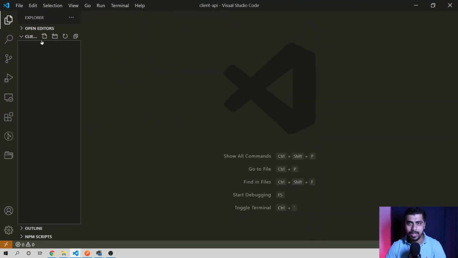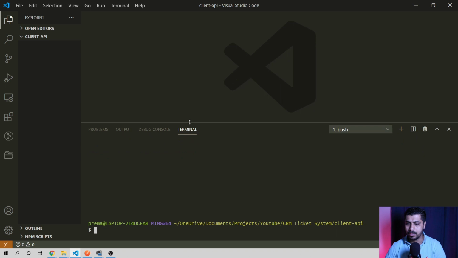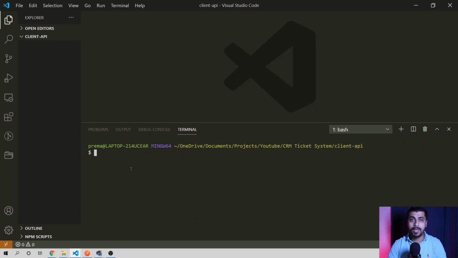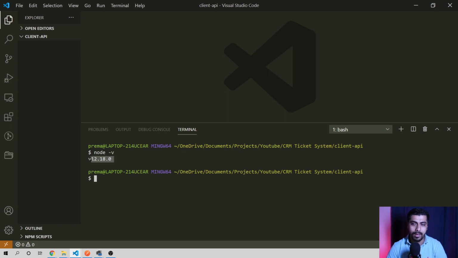First thing, we have to start initializing our project. Open up the terminal, and we're going to initialize our project. Just make sure that you have Node installed. Simply check your Node version by typing node -v. I'm using v12.18. If you are using a later version than this one, everything should work. So the first thing I want to do is initialize the project. So do